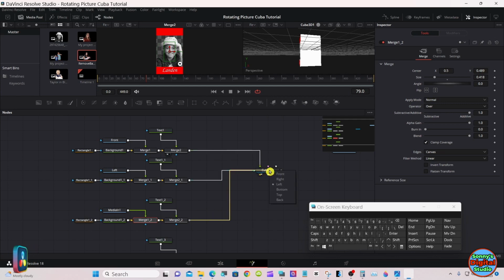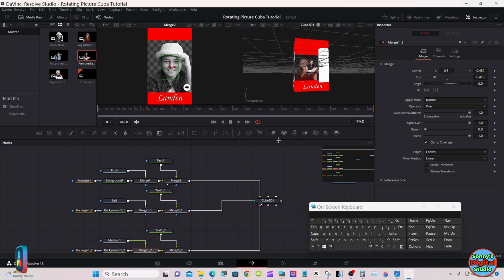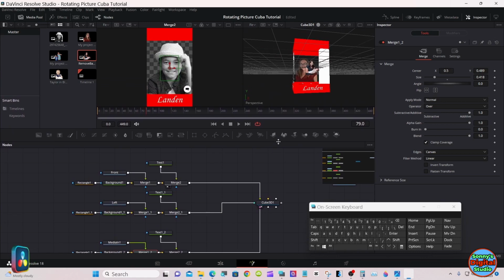Now we'll select the right side. Now if you look up in the viewer, the right side has a picture on it.